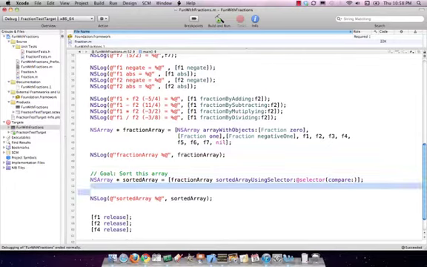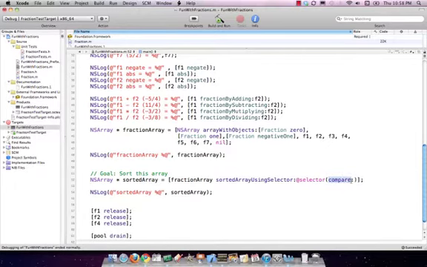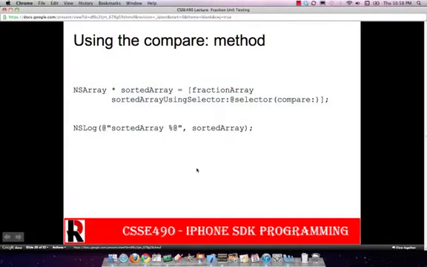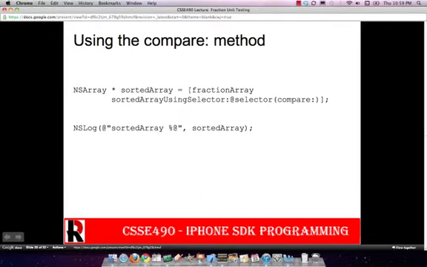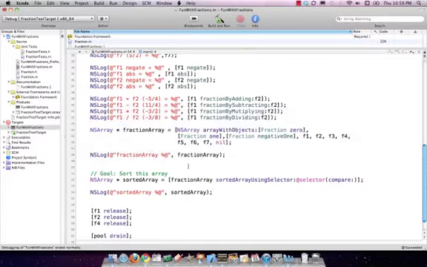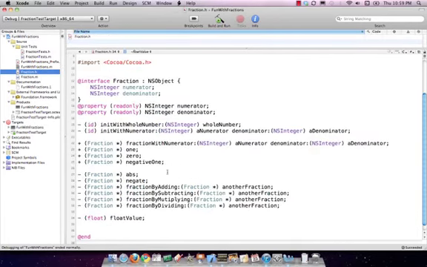And once we do that, so long as compare works with one of those three responses, it will just sort the array for us. So let's go ahead and implement this guy. So step one, oops, I apparently didn't have the code for it here. So step one is to put it in the header. So into the header we're going to go ahead and put